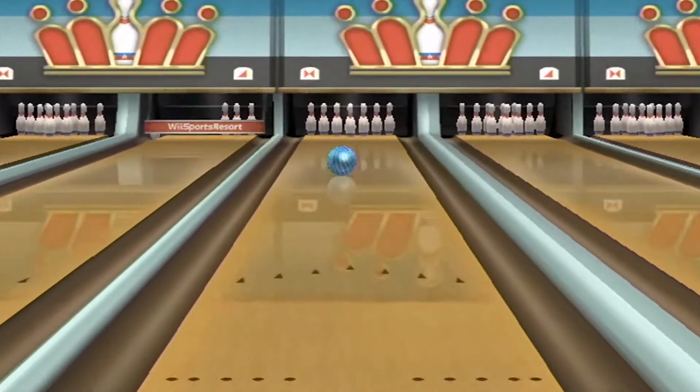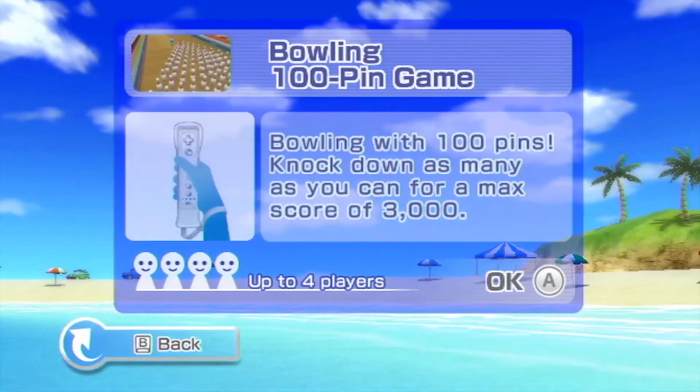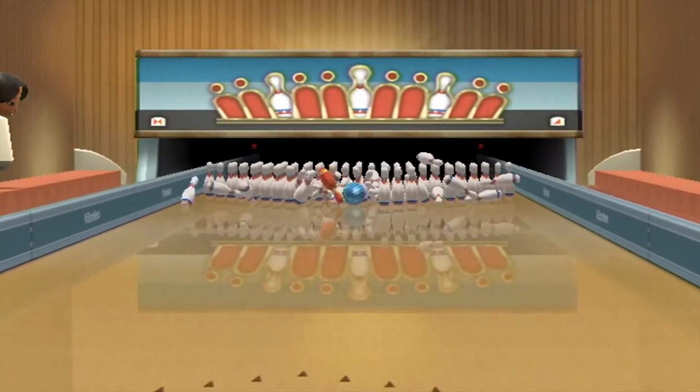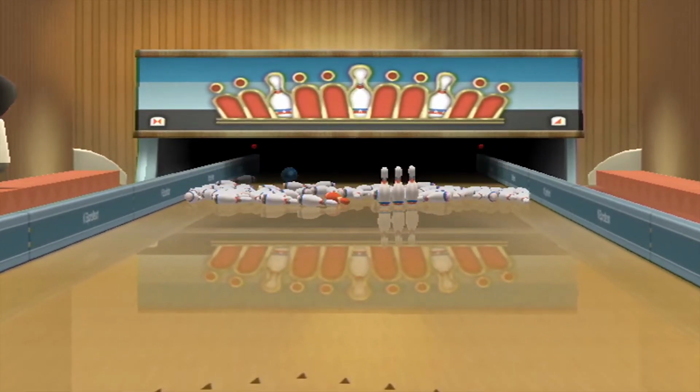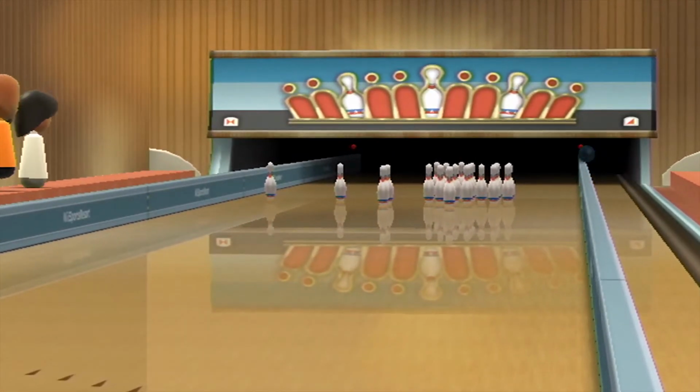Standard game is just the same as the old one, and is always a nostalgic little game to play. 100 pin bowling is exactly what it sounds like. Chuck the ball down the lane at 100 pins and watch a bunch fall. It's actually pretty satisfying, except I learned online that if you can get the ball to roll all the way down the railing, you get a strike, so I spent the entire time trying to do that, but at least